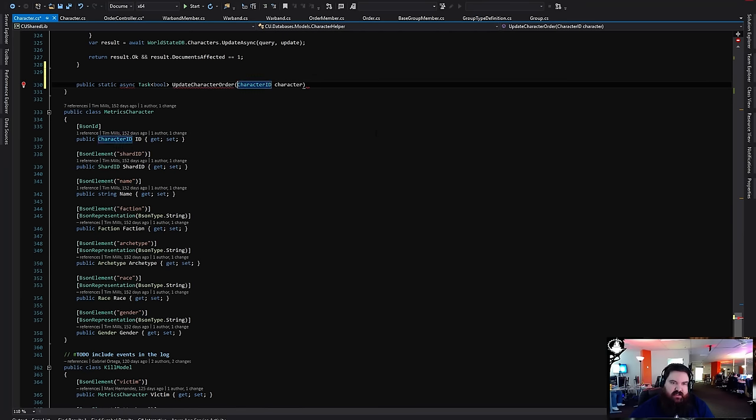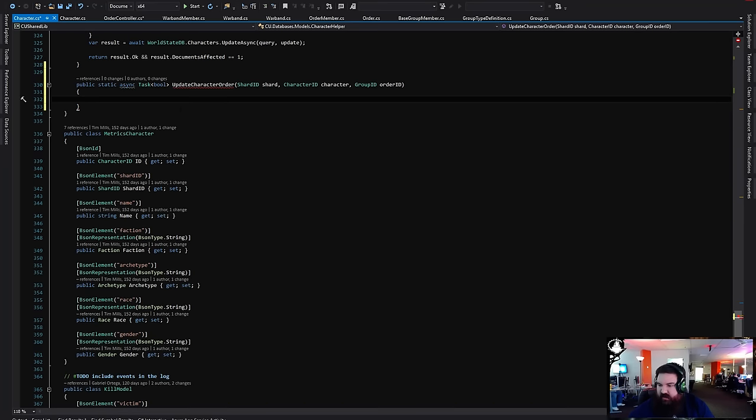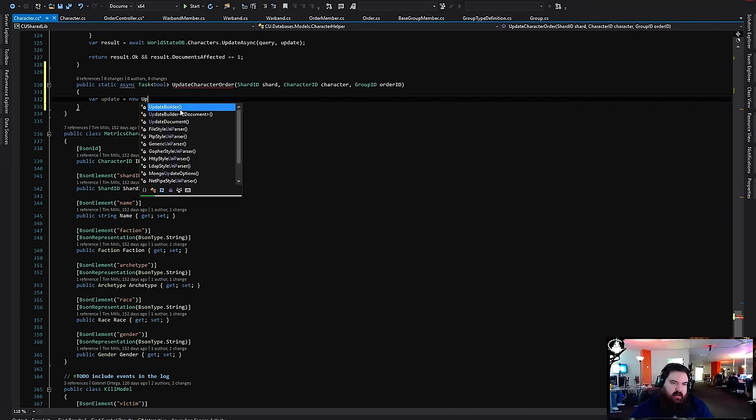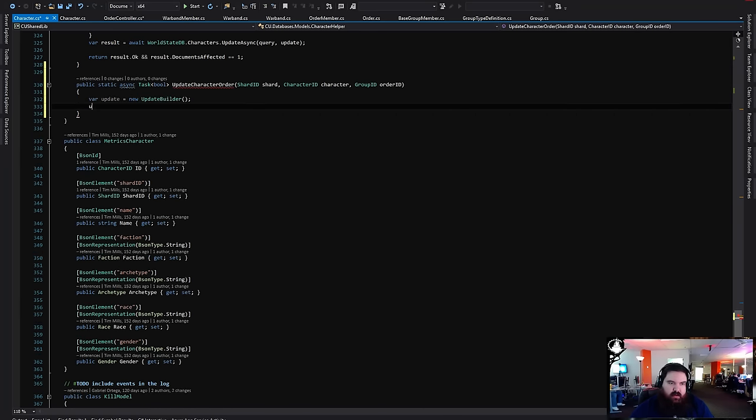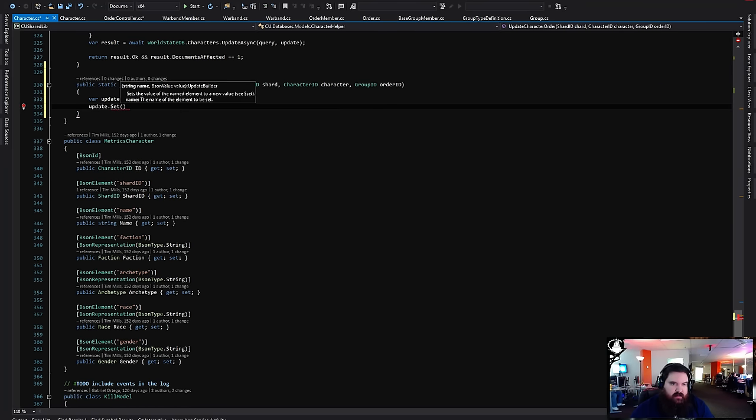We need a shard ID as well. Character and group ID. And so we're going to create an update. So what's your storage? Set.